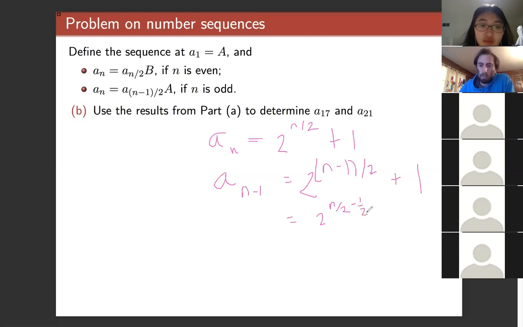Okay, so that's something we can take out. The minus 1/2 is 2 to the n over 2 divided by the square root of 2. And then we're adding 1. Okay, so we're almost there, but something's not right, because we